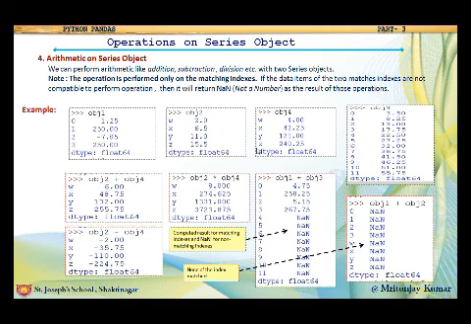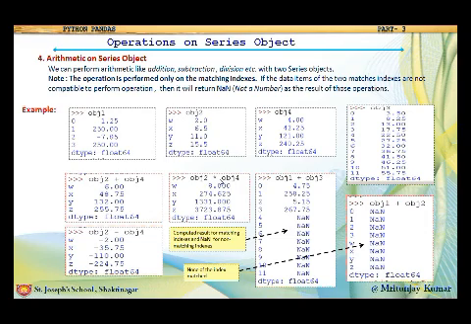Now we will perform some arithmetic operations like object 1 plus object 4, object 2 plus object 4. You can see object 2 has 4 values and object 4 also has 4 values with the same type of index, so the arithmetic operation can be performed.